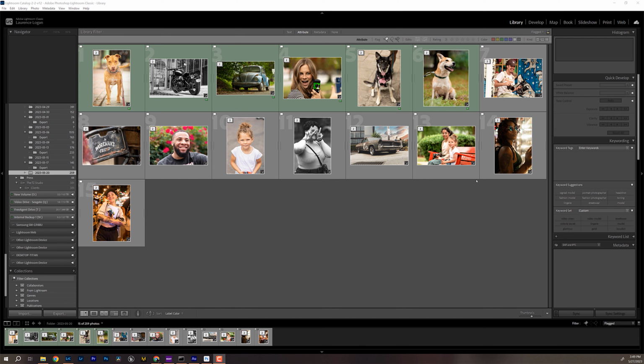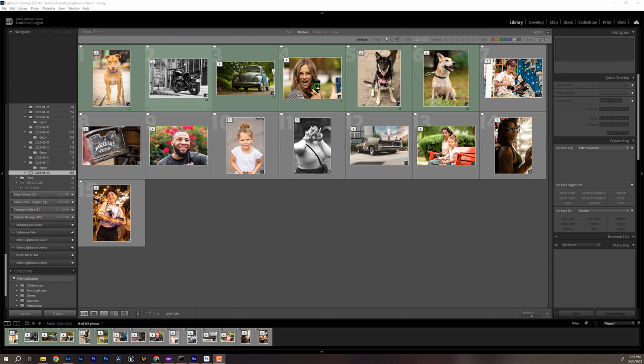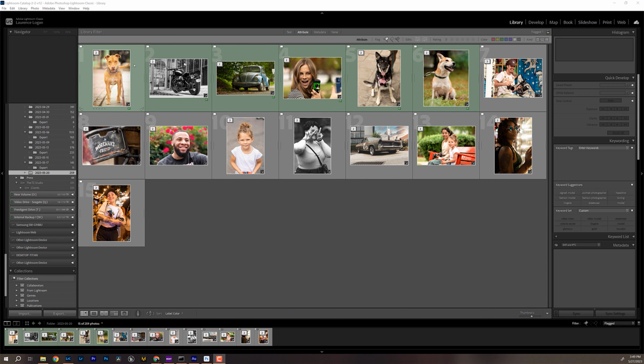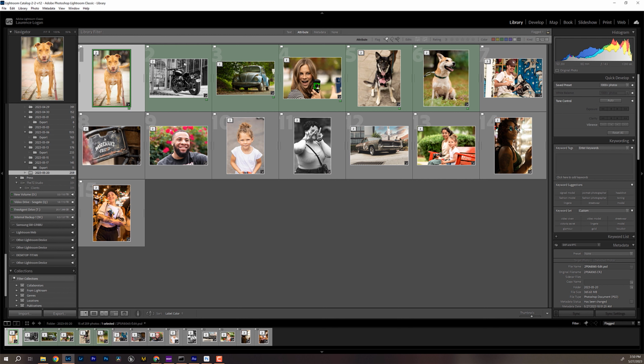So I prepared a number of images just to show you guys exactly what I mean. As you can see here on the screen, everything that's marked in green, this is what I did for a photo walk, which is basically a bunch of photographers get together and we just walk the streets and shoot whatever. So these are just some images that I had from there. I picked my top 15, and some of them, like this one right here, let me open it up.